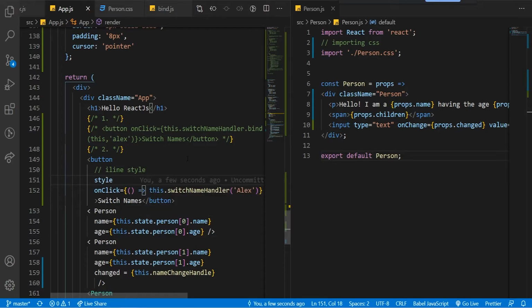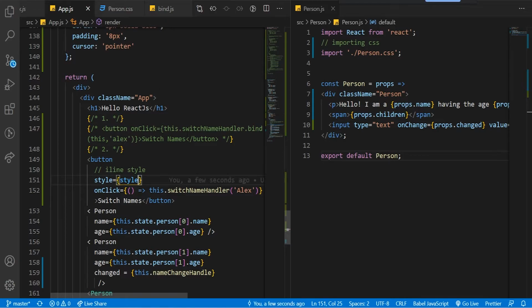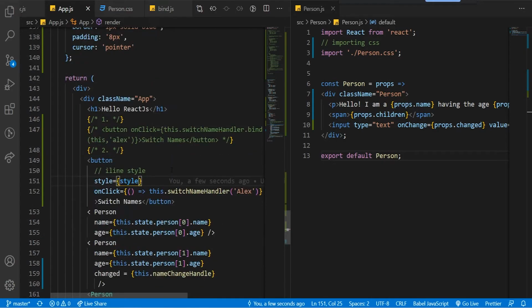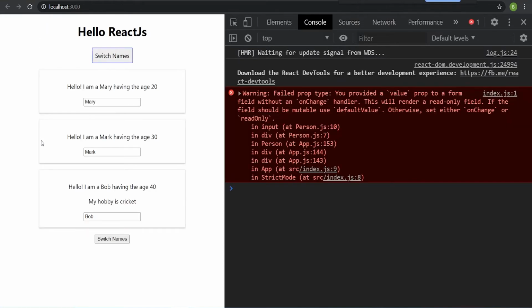You have to write only style. You can't write anything else. Here I will say style equals to. Now, within this we will write our JavaScript, and in JavaScript I will just pass my variable or object name, that is style. Now if I go back and see my button